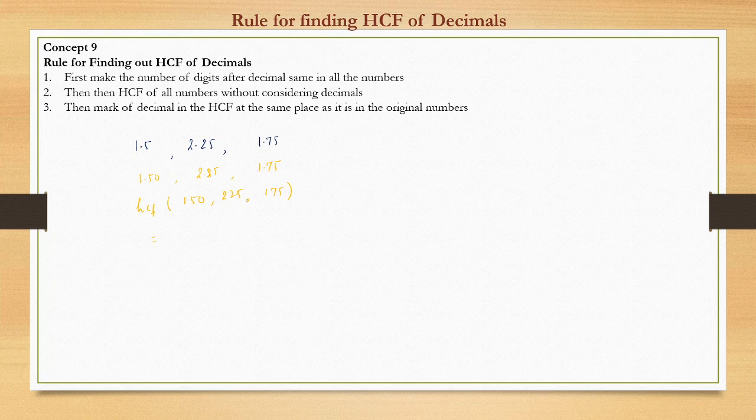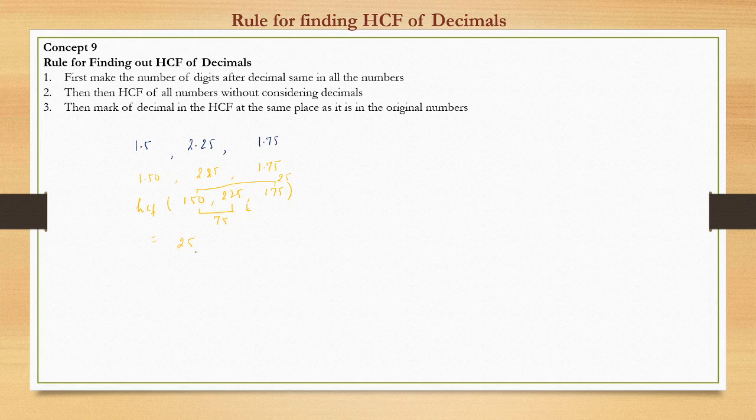So what would be the HCF of this? The HCF will be a factor of the lowest number, which is 150. Let us check, is the difference even lower than this? The difference here is 75, and the difference between 150 and 75 is how much? 25. Now 25 is even smaller, so the HCF has to be a factor of 25. First we check with the highest factor, which is 25. So 25 divides 175, yes. Even 225, yes. 150 also. So the HCF will be nothing but 25.